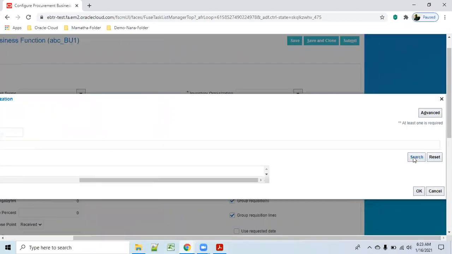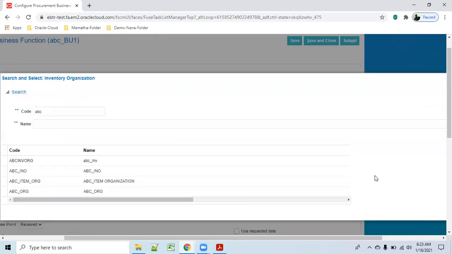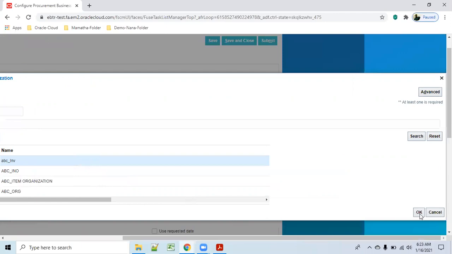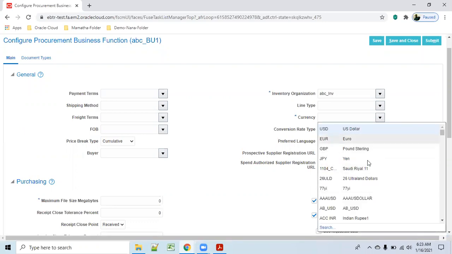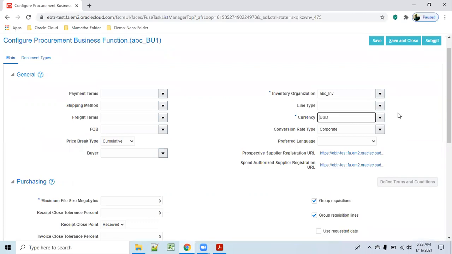Search. And currency, you can define any currency there. Because the data will be more, you are already aware why you are getting this many.